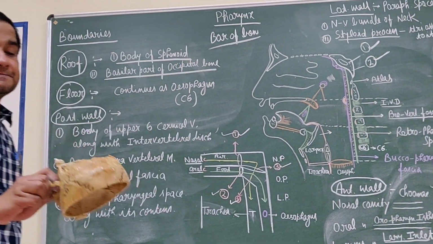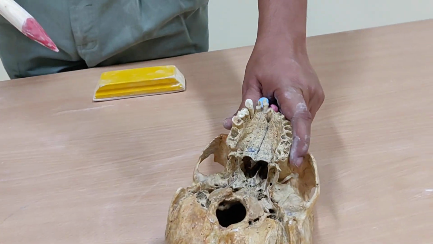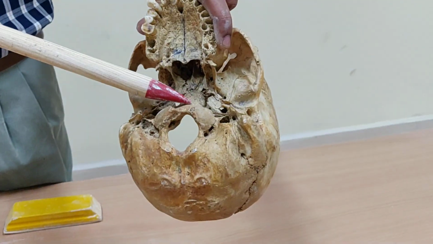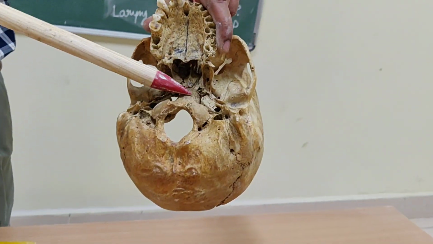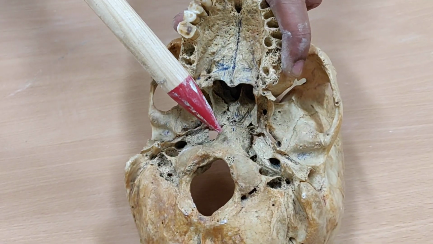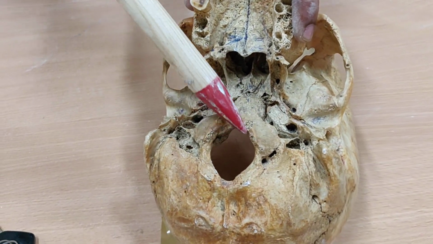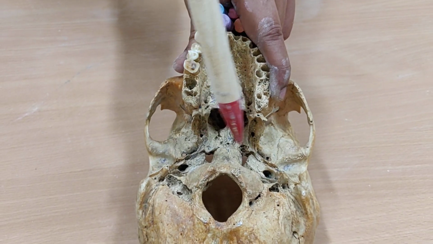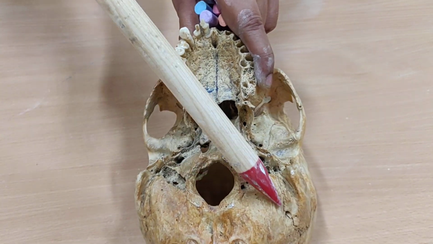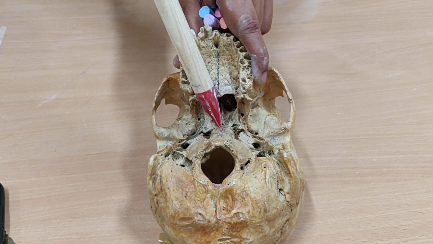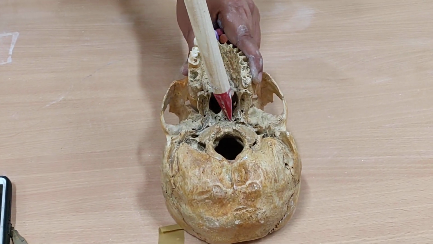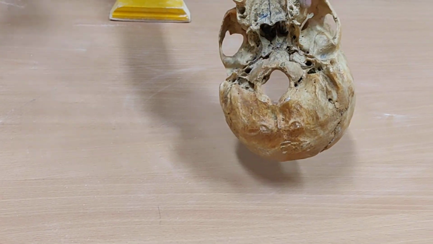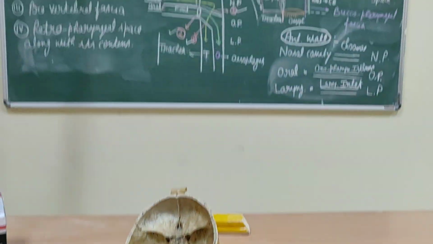If we see in the skull, this region, the nasopharynx extends up to this region. This point is in front of the foramen magnum. This is the pharyngeal tubercle and this is the great bar of the bone. It is formed by the union of the occipital bone, its extension, the basilar part, and the body of the sphenoid. These parts unite and form combinedly the roof of the pharynx.